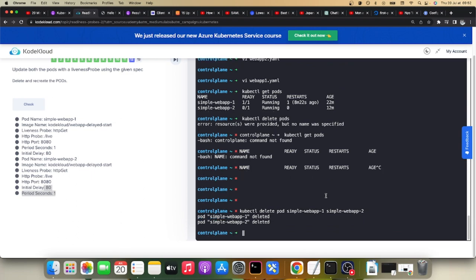Okay, now I need to recreate new pods. kubectl apply -f web app 1; I'm going to do the same command for web app 2 so that the 2 pods can start at the same time. -f